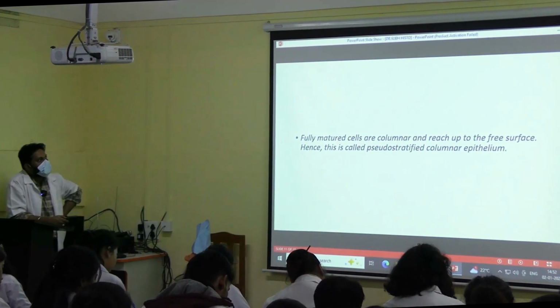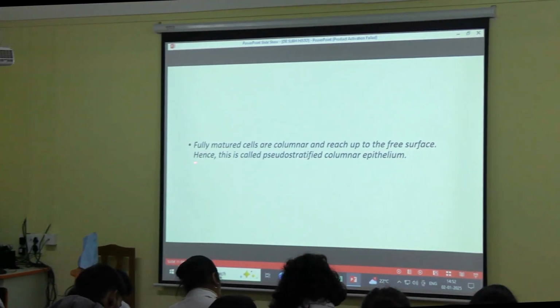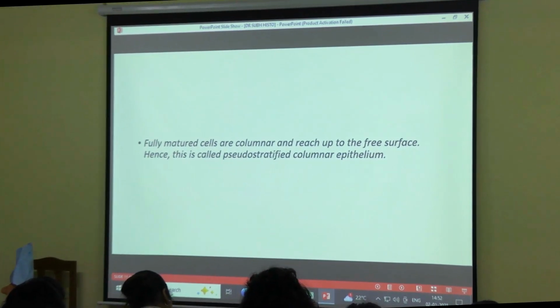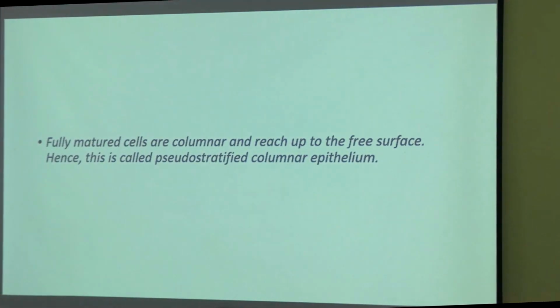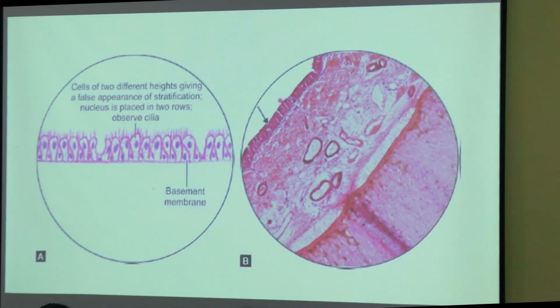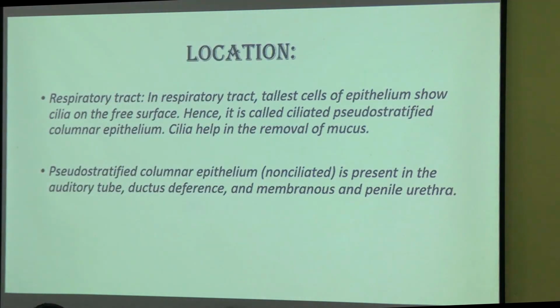Fully matured cells are columnar and reach up to the free surface. Hence, this is called pseudostratified columnar epithelium. See, no need to draw this one. This one is for just explanation. Location. Respiratory tract. In respiratory tract,